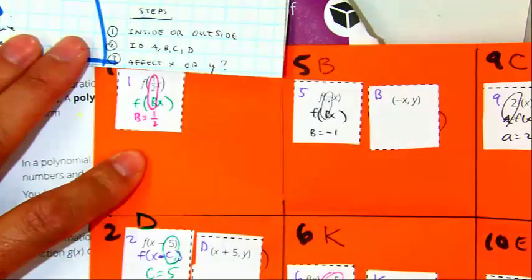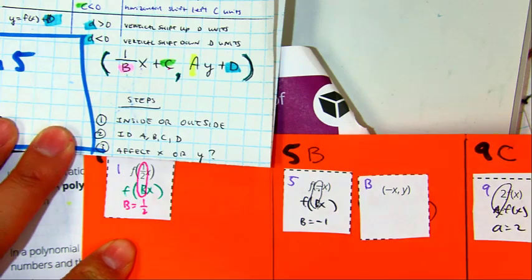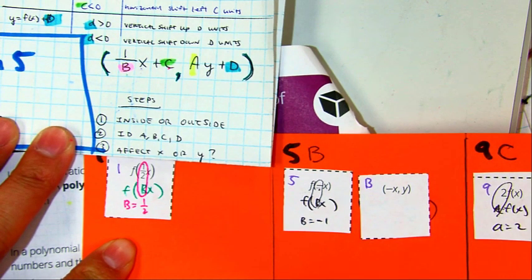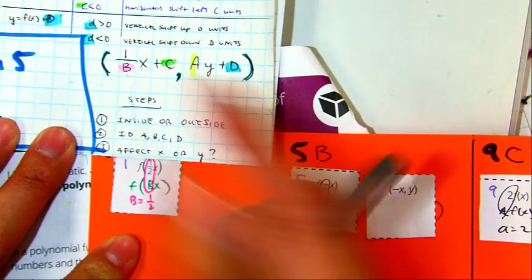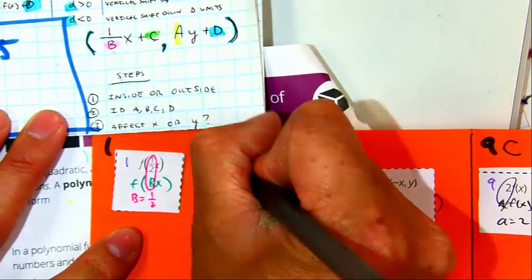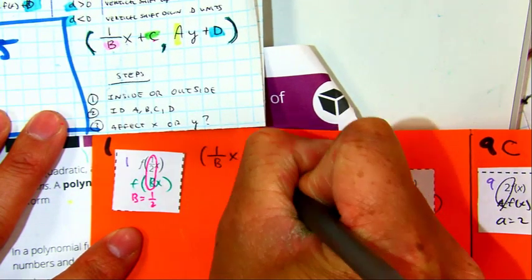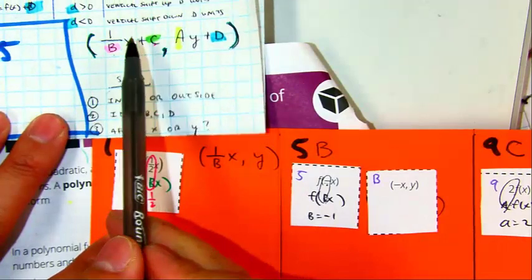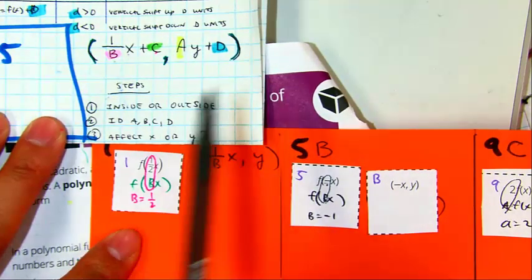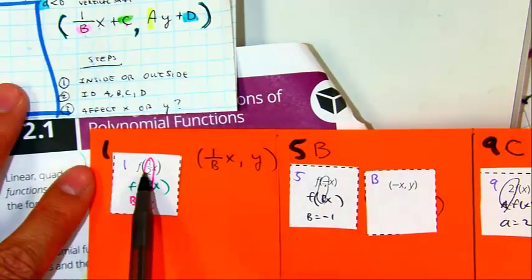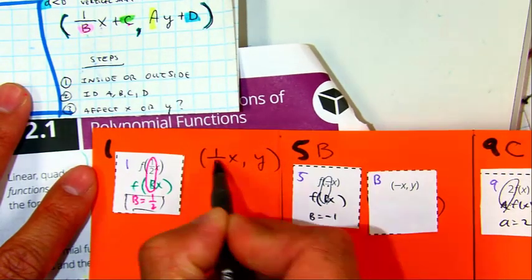All right, Ashley. Does the B value affect the X or the Y? Everyone put your finger on B. It's right next to the what class? Okay, so if I do this, look here. 1 over B X comma Y. Now, the reason why I don't write C, A, or D, because we don't have a C, A, or D. How do I know that? Because it's the only thing that's in the, what? Inside. Okay? Now, if I substitute in 1/2 here,